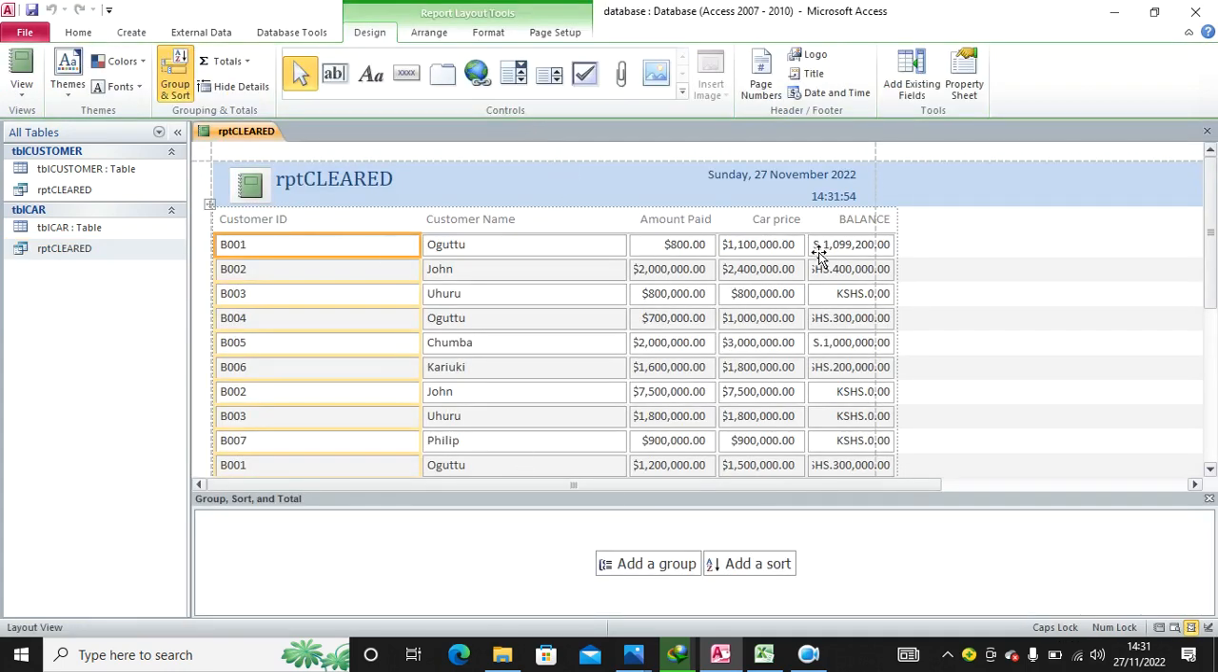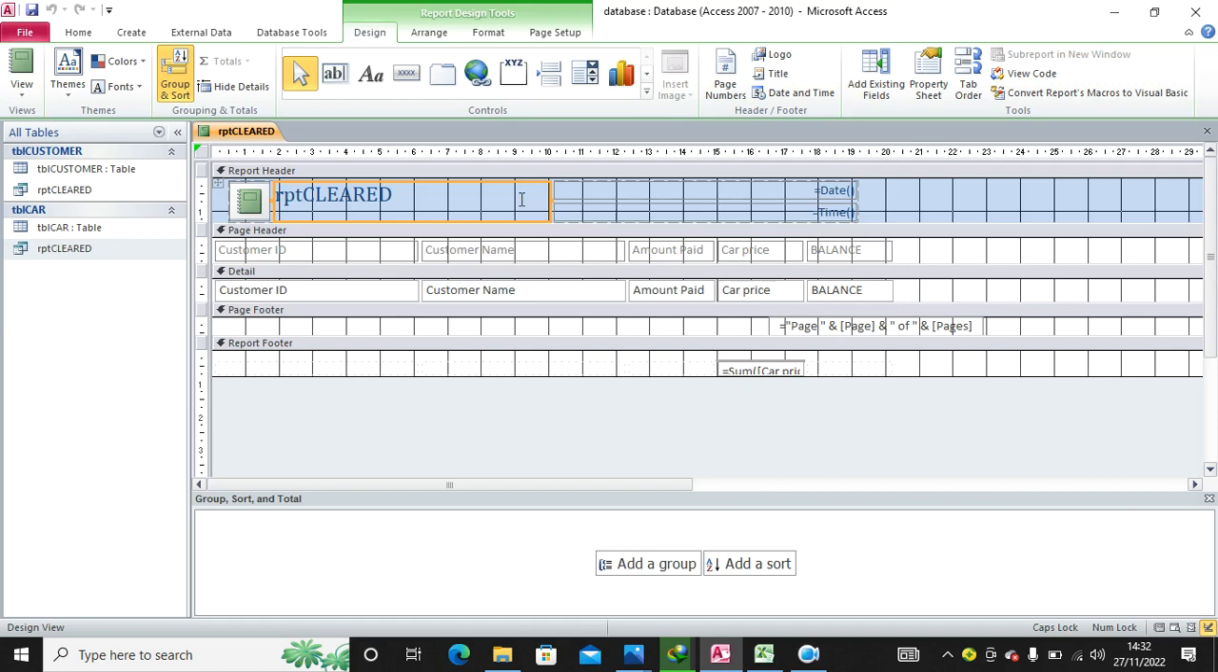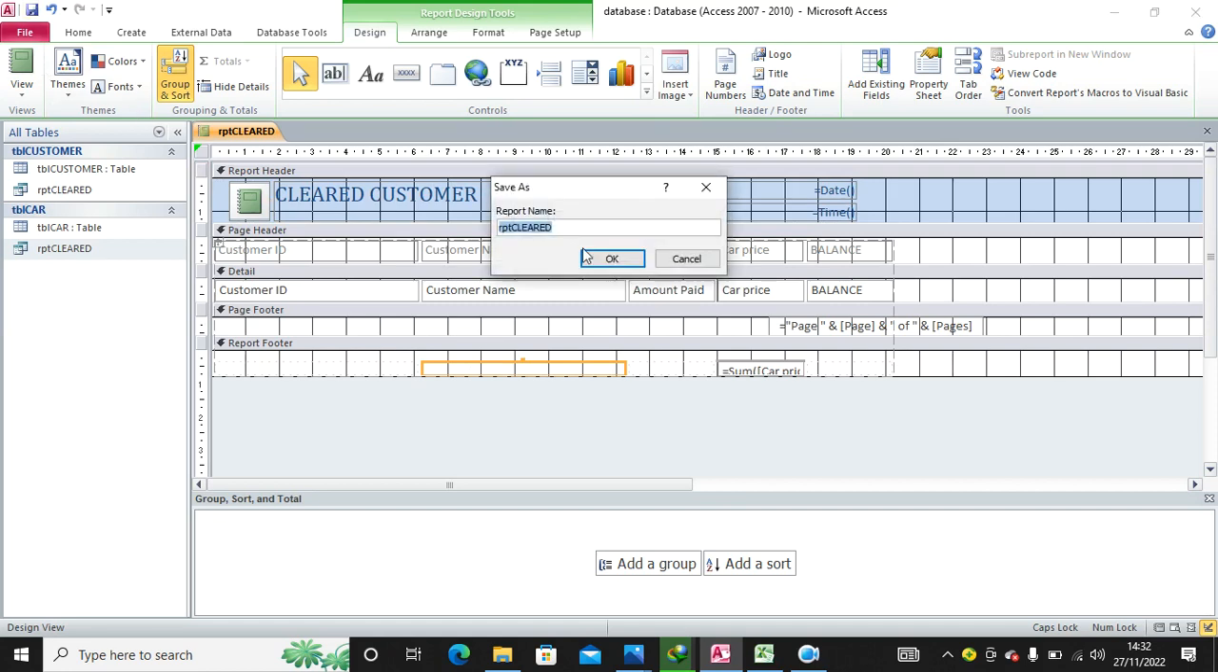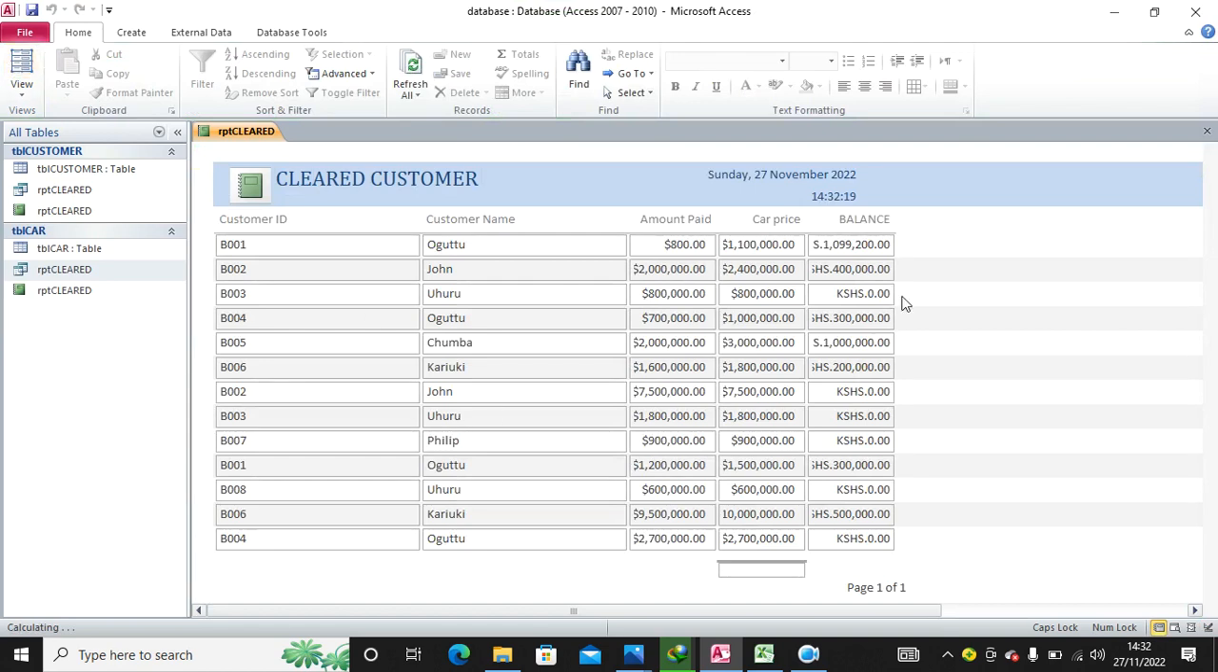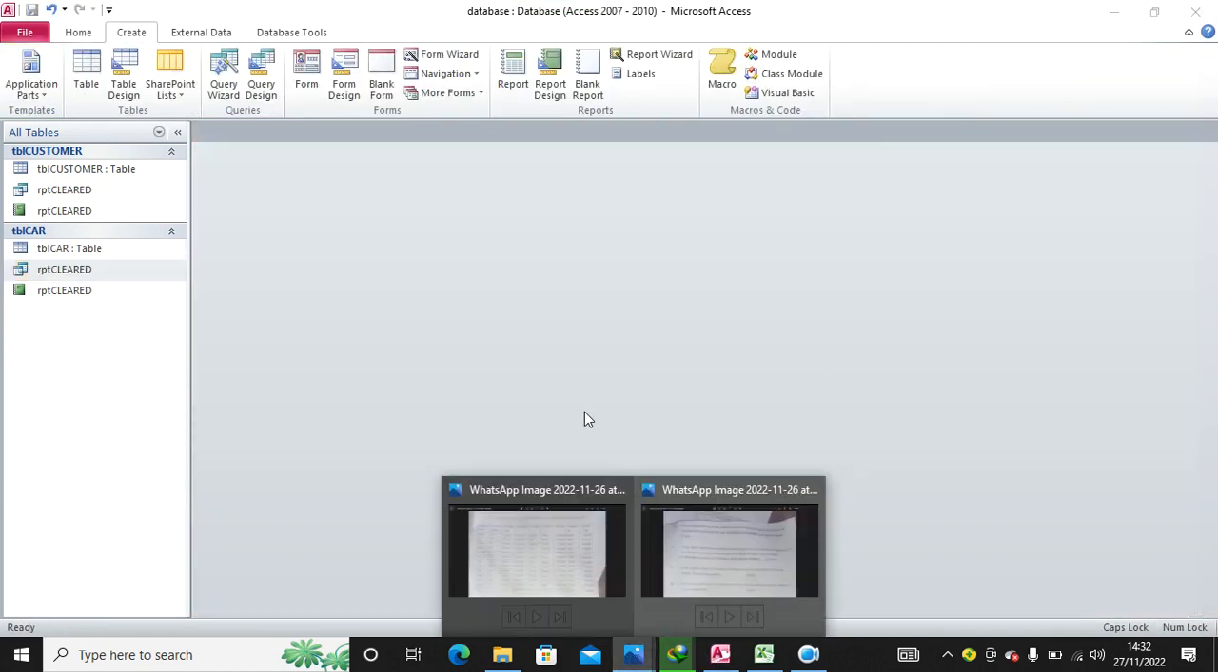So this is the report, and for that case I have been asked to have the report title. So I right click, go to design view. This is the report title. It should be cleared, capital letters, cleared customer. So that's what the examiner is expecting me to do, and then I save it exactly as its predecessor. So this is my report. The next question I proceed